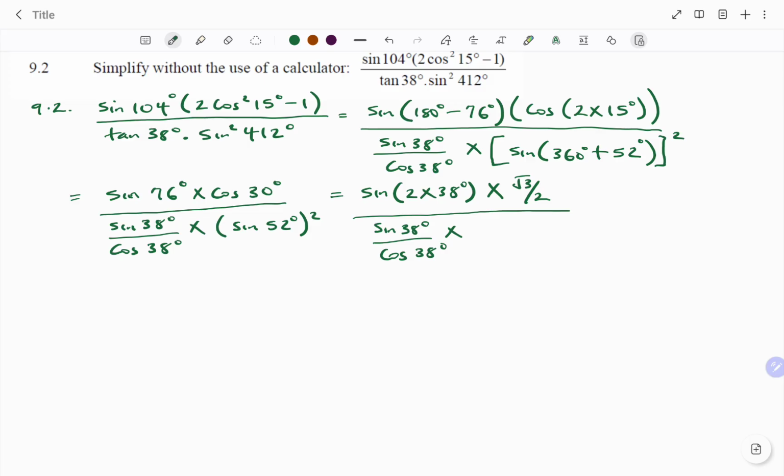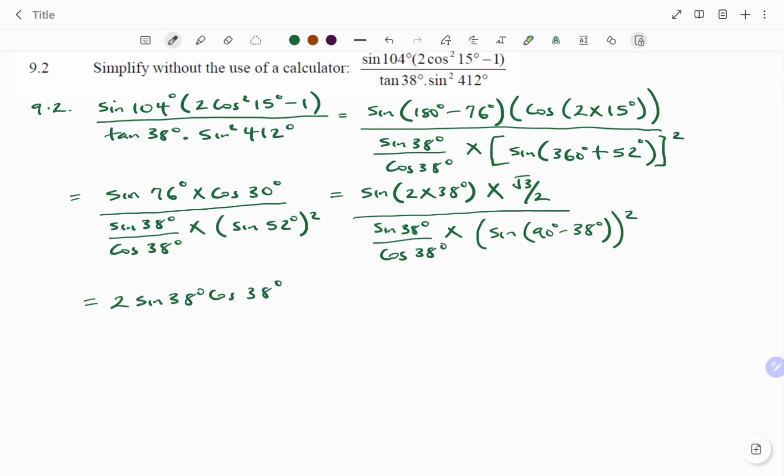So therefore, sine 52, I'm still going to put that in the bracket, will be equal to sine of 90 degrees minus 38 degrees, all squared. That's equal to, I have sine 2 times 38, that's a double angle, and using the double angle identity, that's equal to 2 sine 38